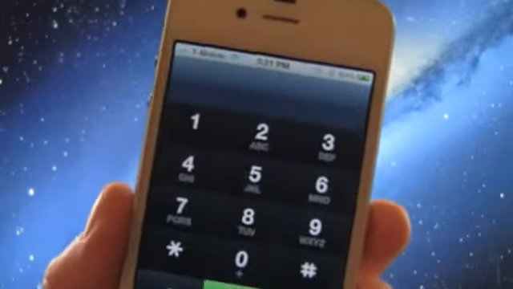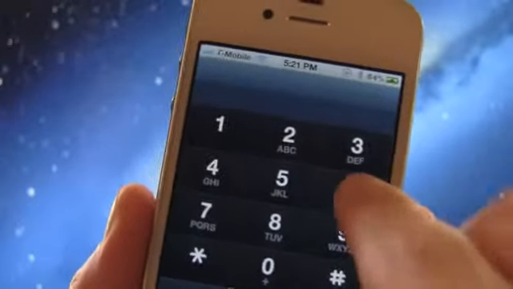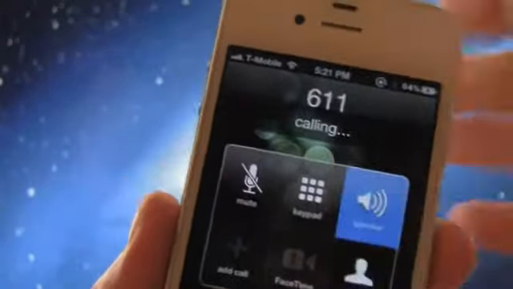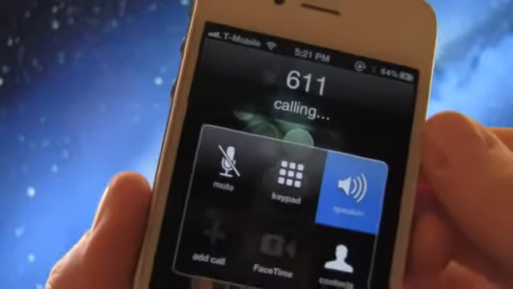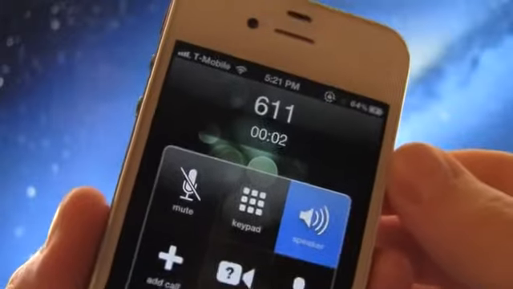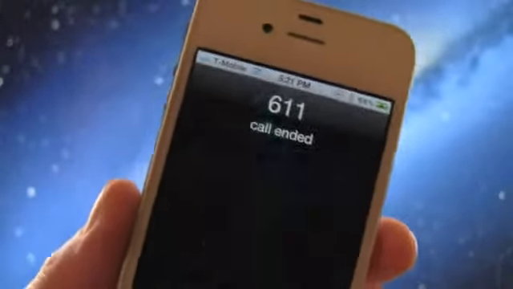All right, and it is safe to close out of iTunes right now. So one other way that I'm going to prove that I am on T-Mobile's network is by dialing 611 for support. T-Mobile. All right, as you can see, it did say T-Mobile, so I am